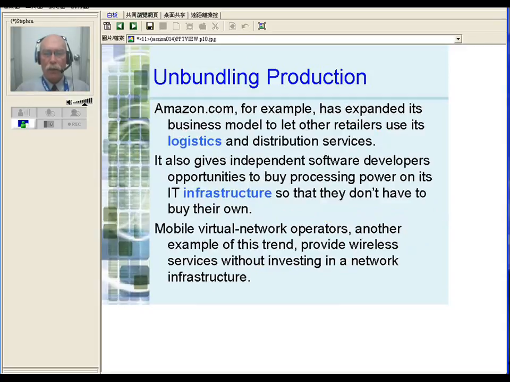Okay, so like Amazon.com, we've all heard of that, for example, has expanded its business model to let other retailers use its logistics and distribution services. Okay, so it lets other people use its logistics or planning, right? And moving products and services and supplies, okay,